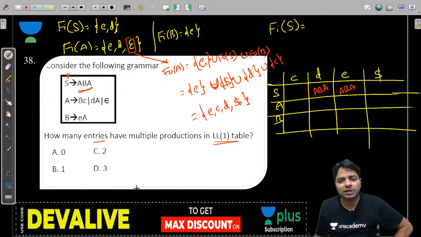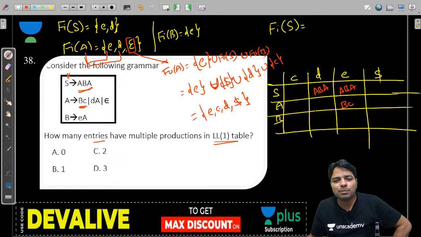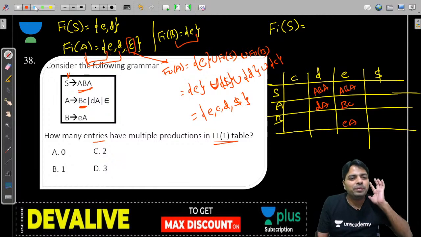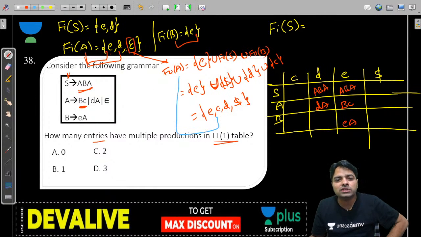And you see impossible from S as a starting symbol, as the first terminal. And from capital A comma E, A comma D, A comma E, A comma D. Two things. But A comma E, that's BC is the reason. A comma D, DA is the reason. And because of epsilon, we need to go for later on, we will compute that. And B comma E, only we have a choice, that is EA. Now, because of the follow set, A comma E, we will have epsilon, guys. And A comma C, we will have epsilon. A comma D, epsilon. And A comma